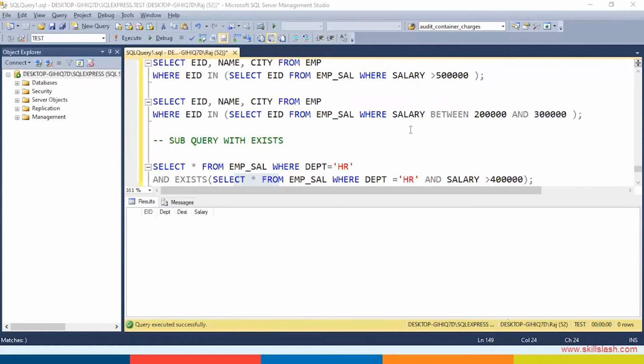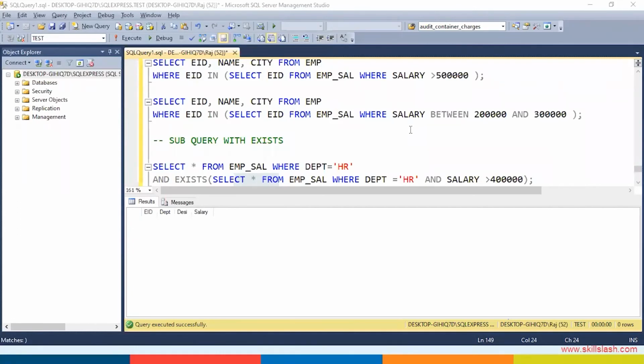But if you see, in none of the subqueries we have written are we finally fetching the data from more than one table. We are fetching the data from one table only, but the criteria we specify to get the data is based on some different table. So that is the difference between subqueries and joins. Normally people get confused about when to use joins and when to use subqueries.